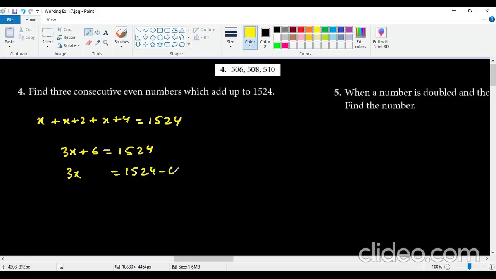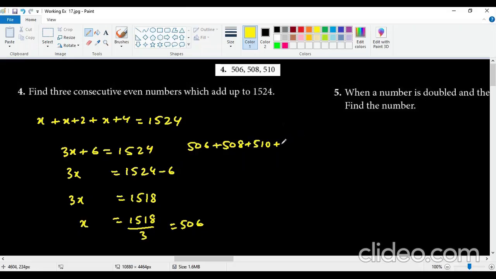Once you're doing it in the notebook, make sure to show the steps. 1518, and when it's divided by 3, it should give you 506. So 506 is the first number. The second number is going to be 508, then 510, and then 512. When these are added together,